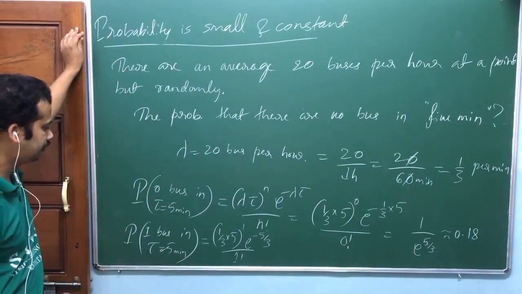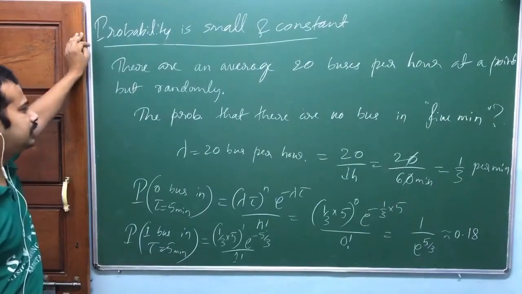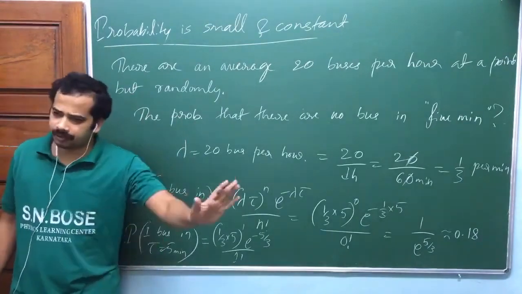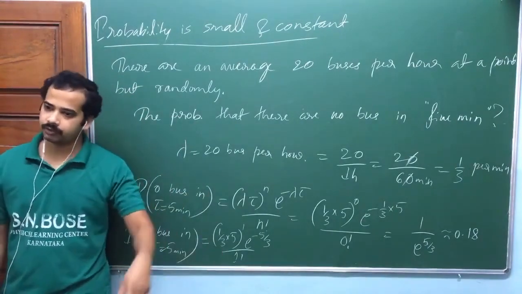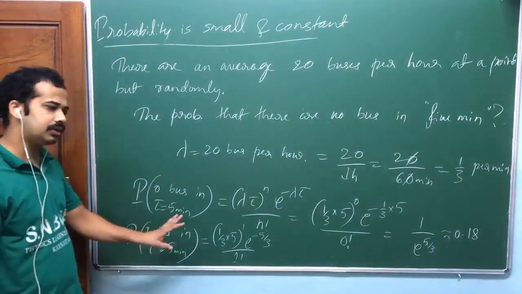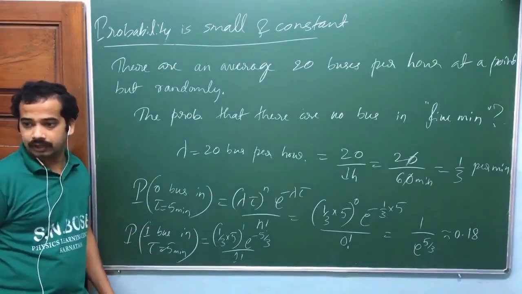So how to get the tally and which kind of model do we apply? Whenever they talk about a time interval, this Poisson distribution is mainly applied to time interval. It can be applied to space interval also. Check out Wikipedia. So whenever they talk about time interval, they are talking about Poisson distribution, and randomness, whenever they talk about randomness.